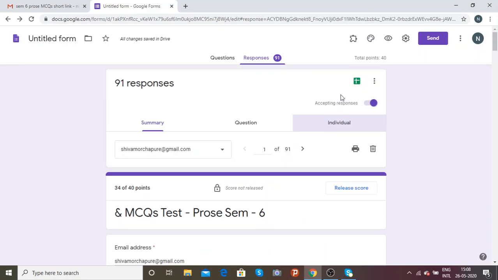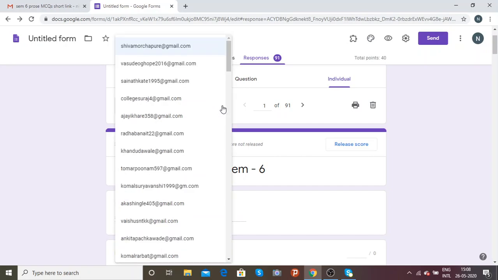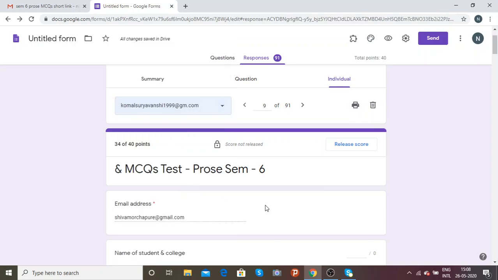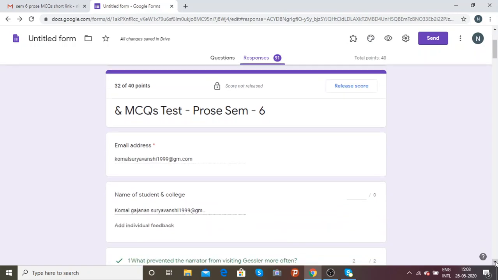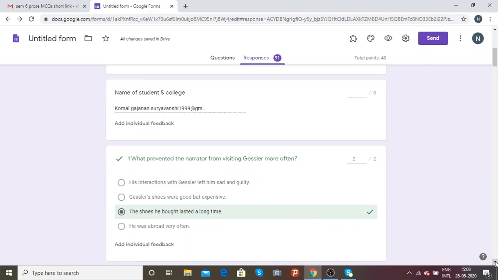In individual responses, we can see respondent. Suppose I want to see the response for respondent number, if I want to see by number, I can go this way, or if I wish to see the response for maybe Komal Suryavanshi, so for this student, and then I can go down, look where she has gone wrong.